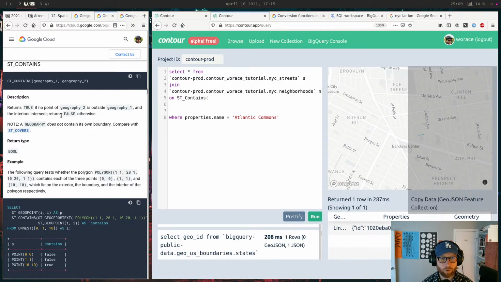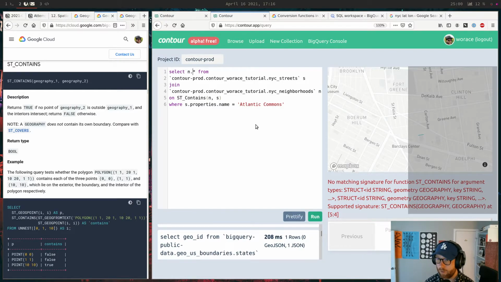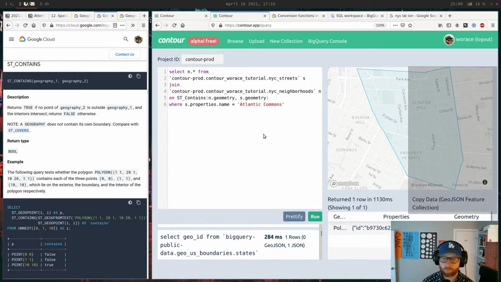If no point in geography 2 is outside, so it contains the outer comma inner, so N comma S, where S dot that, and I want to get N dot star. Did I write that query? Nope. No matching signature. Oh, sorry. N dot geometry, S dot geometry. There it is. Sick. See, that's pretty cool.